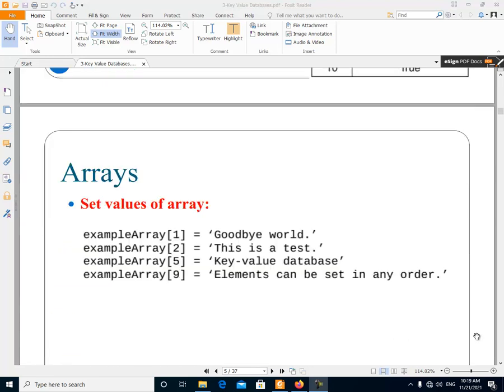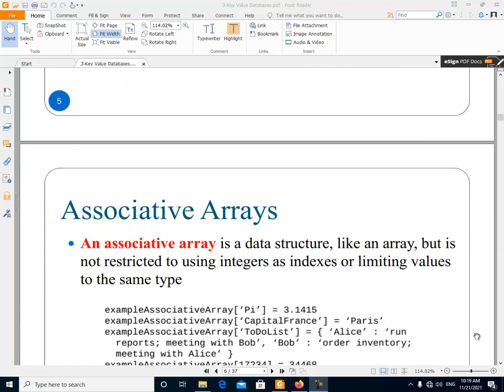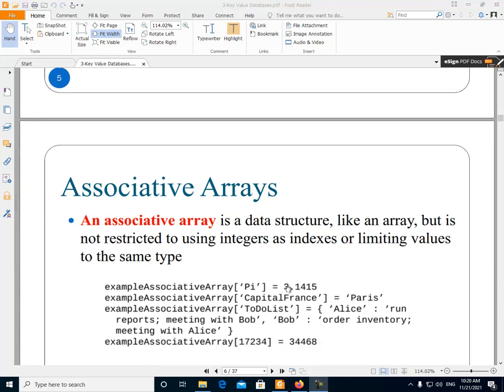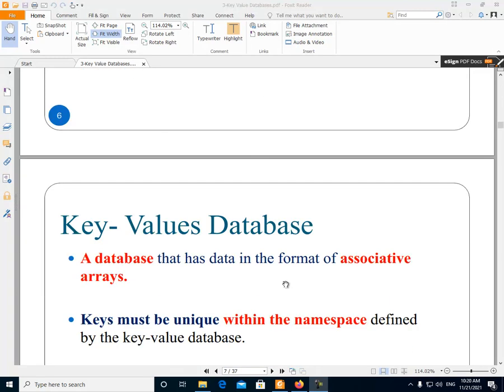But then we have something else called the associative array, and in this associative array the index could be anything and not just numbers, and the values could have any type and they don't have to have the same type. The key value was an associative array. Okay, it's something similar